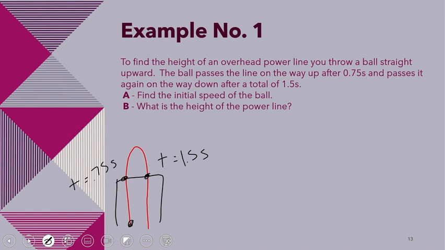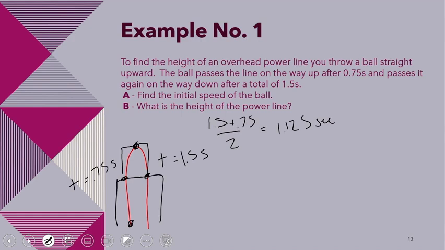So we know that it takes the ball the same amount of time to get from the power line to the top of its path as it does for it to go down from the top of its path back to the power line. So the ball would reach the top of its path at a time equidistant from 0.75 seconds and 1.5 seconds, and this time is the average of both of these. So to find that, we're going to do 1.5 plus 0.75 divided by 2, and that gives you the time of 1.125 seconds. Now, we know that at 1.125 seconds, the ball was at rest because it was at the